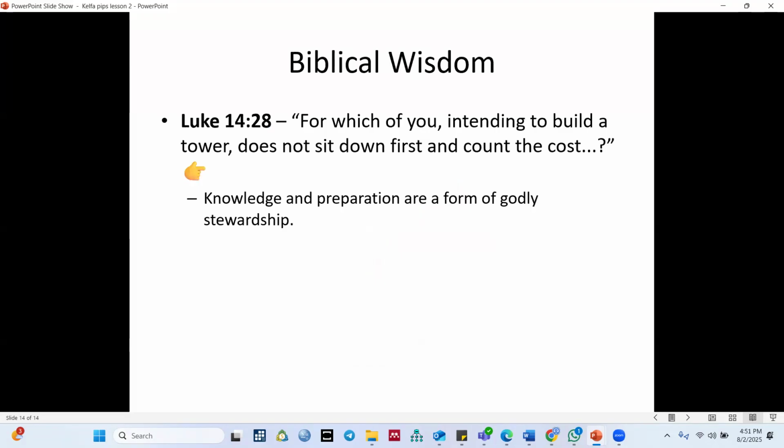To end with the second lesson, Luke chapter 14 verse 28 says, "For which of you, intending to build a tower, does not sit down first and count the cost?" Knowledge and preparation are a form of godly stewardship. So you must sit down first and count the cost. You must sit down and